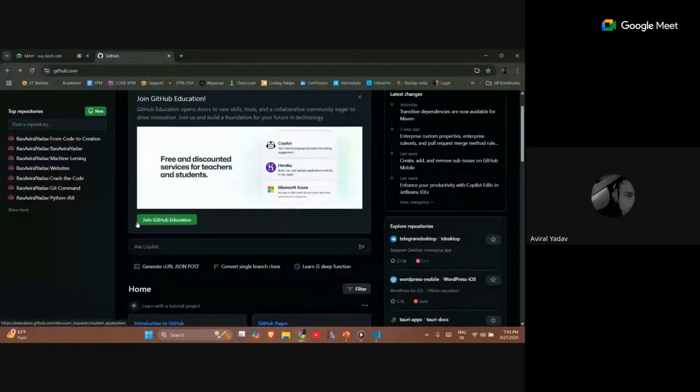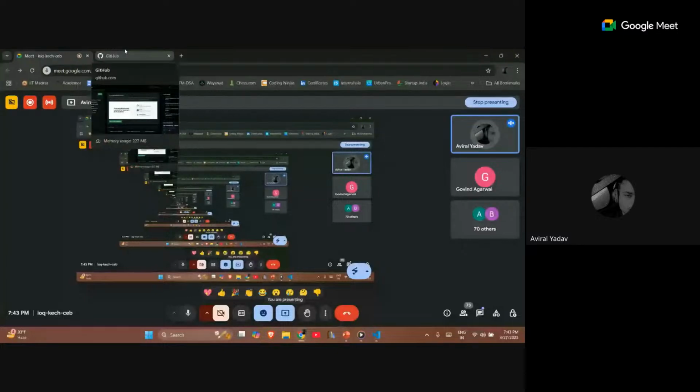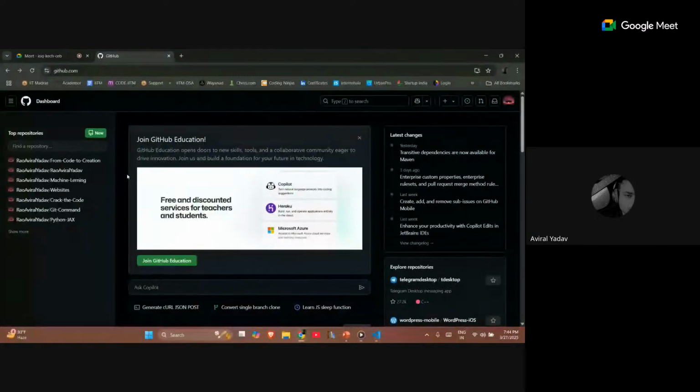But I won't actually recommend using a student ID because after you pass college or graduate, the college ID will stop, and if you have created many repositories over your GitHub account, they will all vanish, which will be an issue for you. So if you want some of the free features that will help you in the major project, create another GitHub account with your personal email, and you can fork the repositories from your current student account to the personal account. Let me show you how to fork, guys. It's a really easy step.